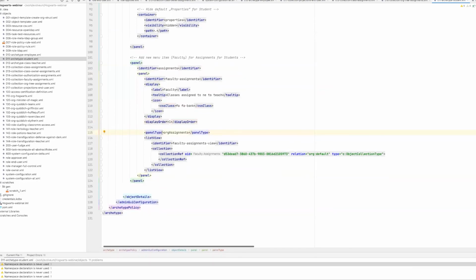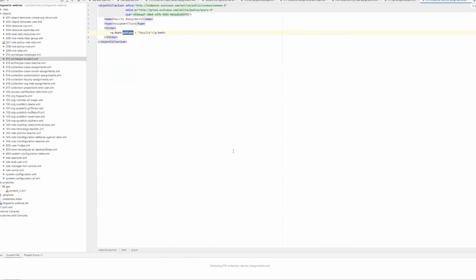We will use the pre-configured panel type org assignments, which is shipped by MidPoint, and we will use our custom collection view for filtering the assignments. In this object collection, we say to filter all such assignments with the subtype set to faculty. So let's upload our changes